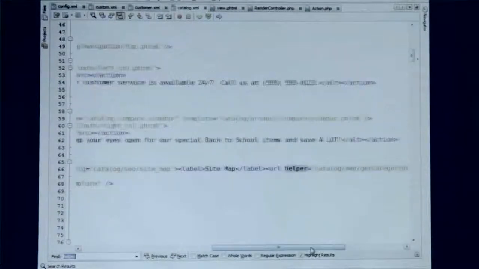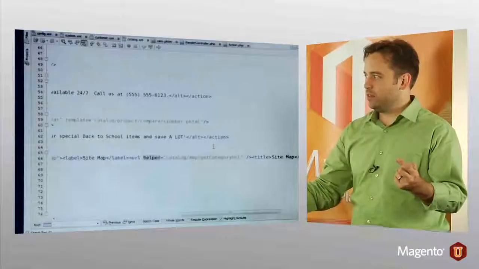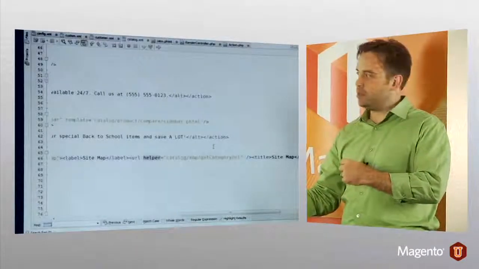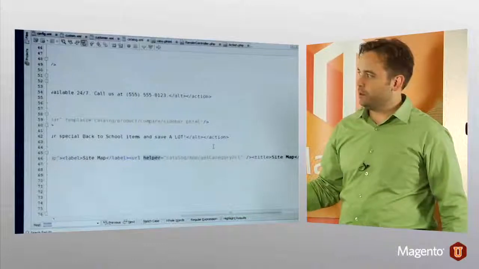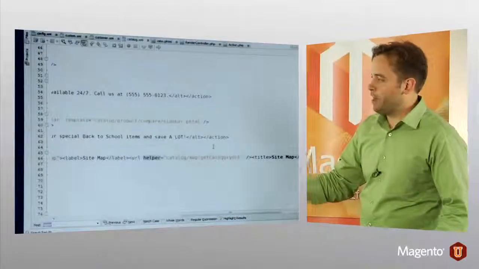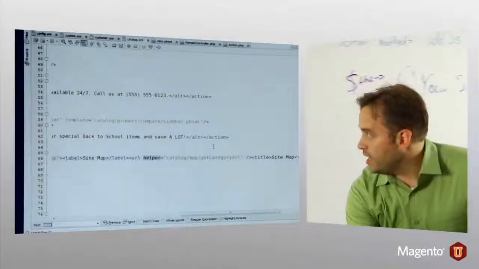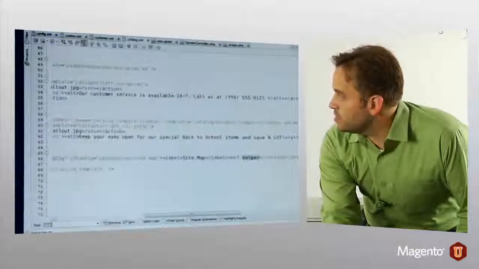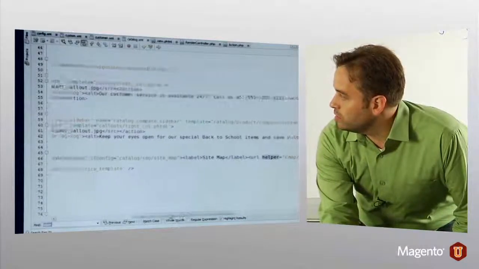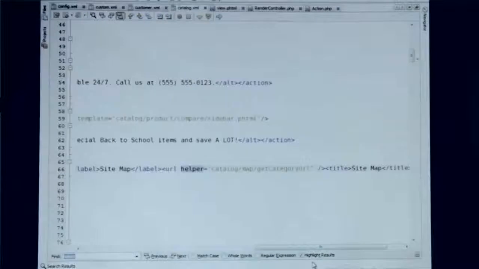All right. So in this case, helper, syntax here is class group name, so catalog, so mage catalog, and helper map.php, get category URL method. By simply calling it, and you see this is a self-closing node here, whatever the return value of this method is will be passed, in this case, as the second parameter to this add link method. So, using this, we could do anything. We could pass in a string, an object,